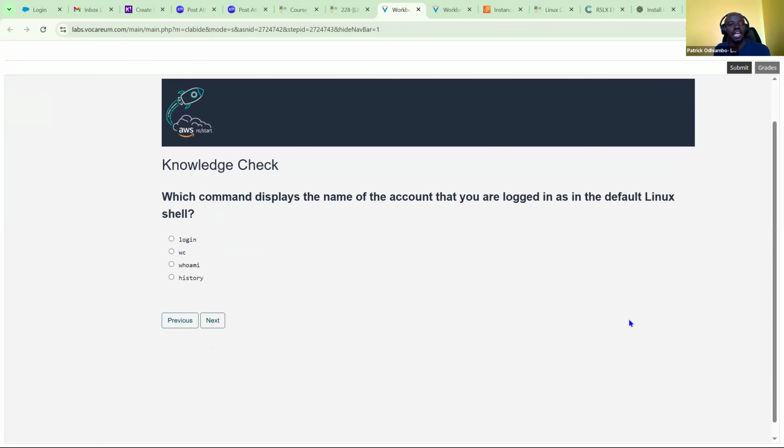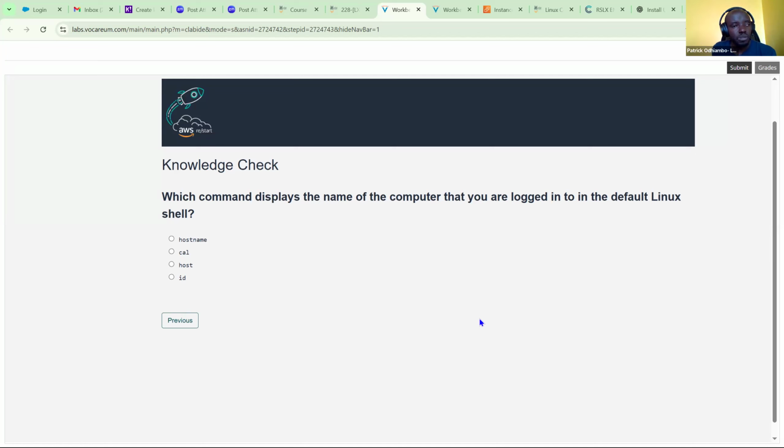Which command displays the name of the account that you are logged in as in the default Linux shell? Who am I? Next.